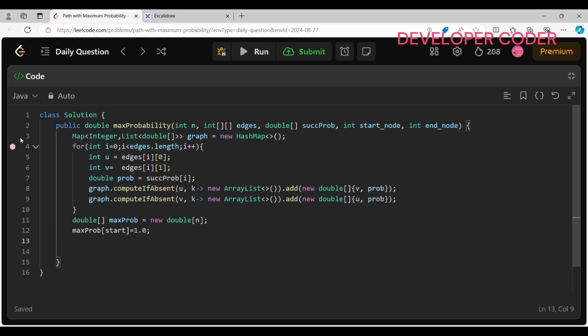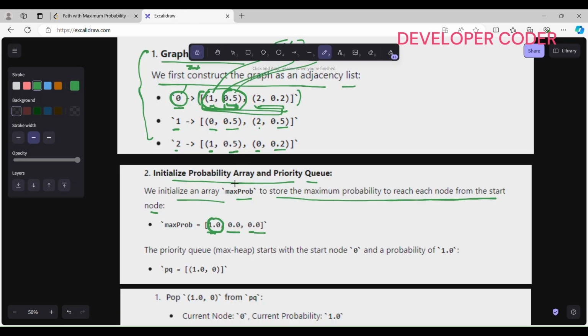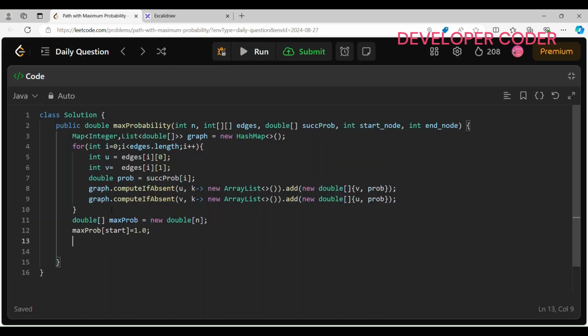And then after that, see here we have to use the priority queue, right. The priority queue max heap starts with the start node 0 and a probability of 1.0, okay. So this is what we need to do. We need to add this in my priority queue first time. So here I am going to write priority queue, okay, priority queue, and inside this we are passing the double type array, okay. So here, okay, this is what I need to pass here. Let's name it as pq